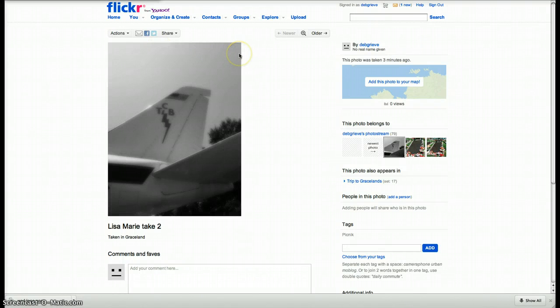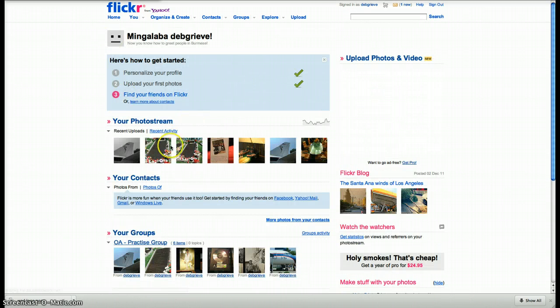I just wanted to spend a few minutes showing you around the different ways that you can share photographs within Flickr. It's very similar to that of Picasa and Photoshop Express. Things are obviously just in a different place, but the process is pretty similar. One of the first options that you have, if we come back to our home screen here and we choose